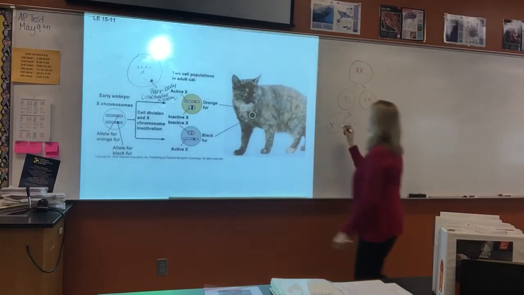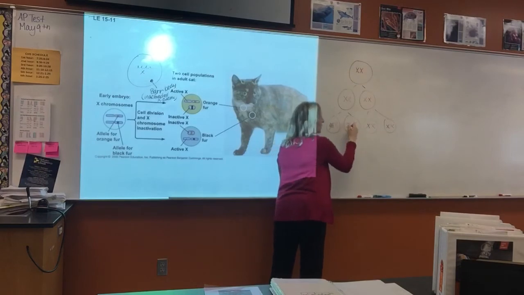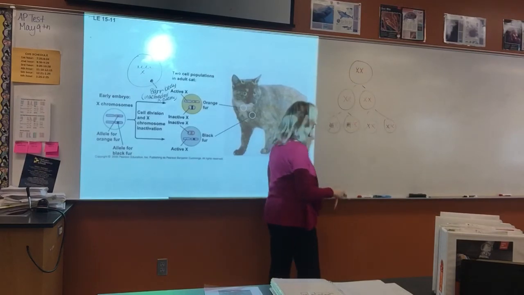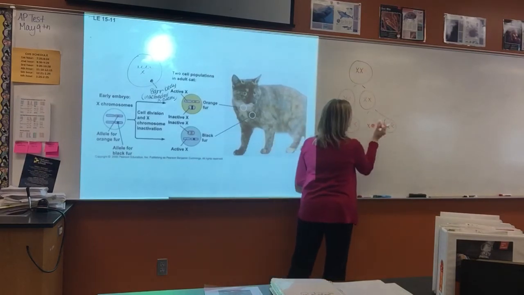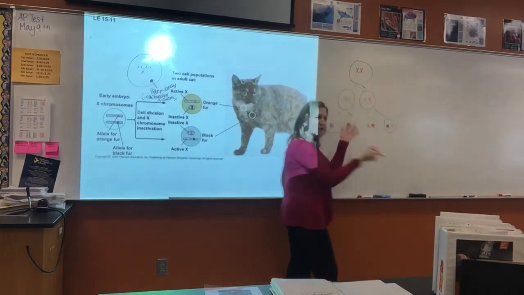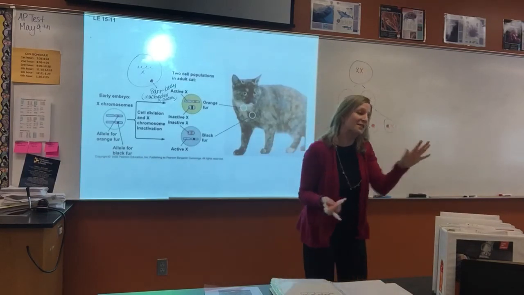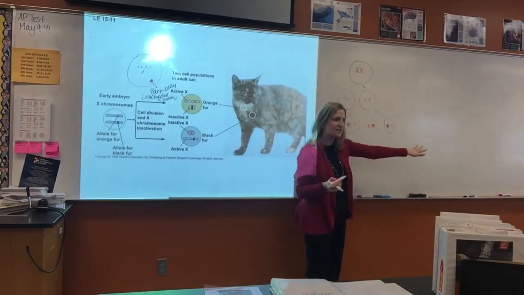So it's just random. So right here, the black one could inactivate, the black one could inactivate here as well. Then this one, the orange one inactivates, and let's say the black one over here inactivates again. It's totally random which one does in what cell. And so then what happens is once that inactivation occurs in the cell,